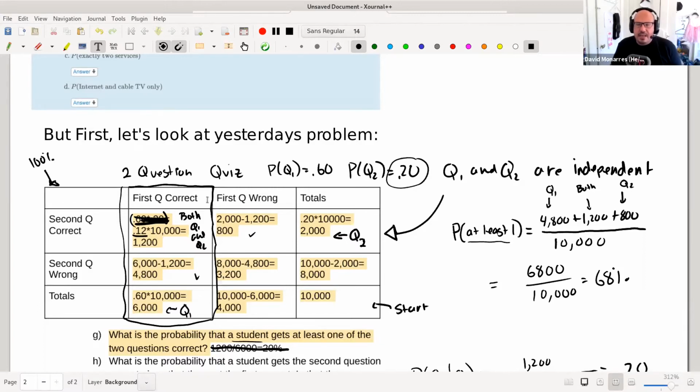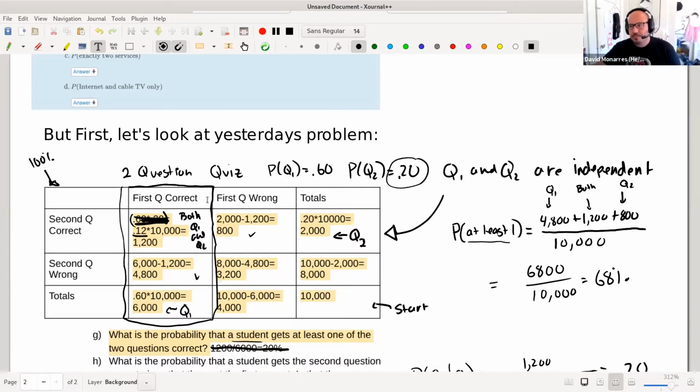Now the thing is, what starts to happen once you have 3 questions or something like that? How do we start enumerating all of the contingencies? And the answer is that we need to do something different than a two-way table, because a two-way table only looks at combinations of two variables. It doesn't have that third dimension